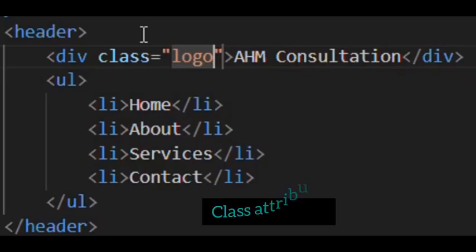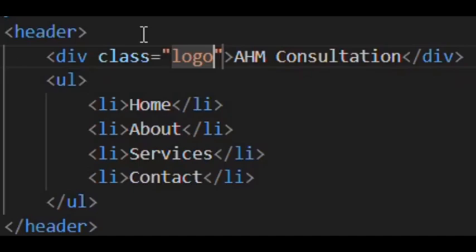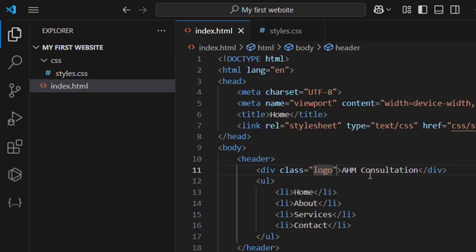So basically, a class in HTML is an attribute that allows you to assign a name to an element. This name can be then used in CSS to apply styles to multiple elements with the same class. So yeah, let's give it a logo class and save the file